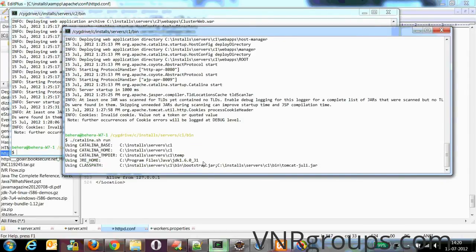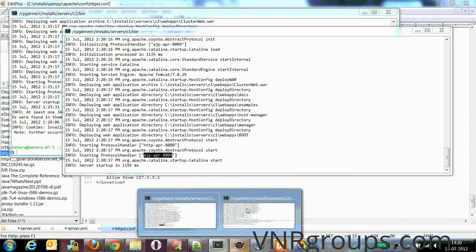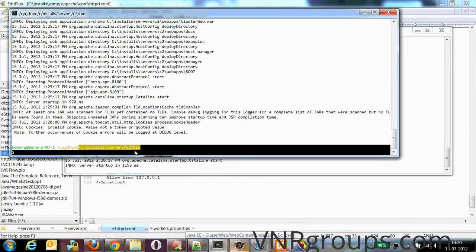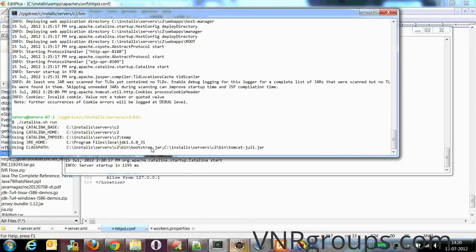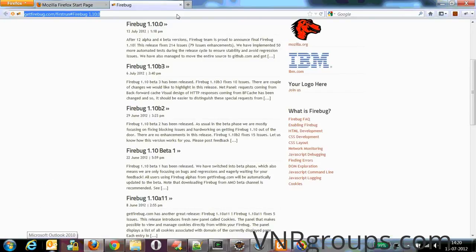It says the AJP port is 8009. Similarly, for the other instance, you do the same thing. Now both the Tomcat servers are running. Now just verify it. I have just accessed the default page of Tomcat. This is my cluster one.